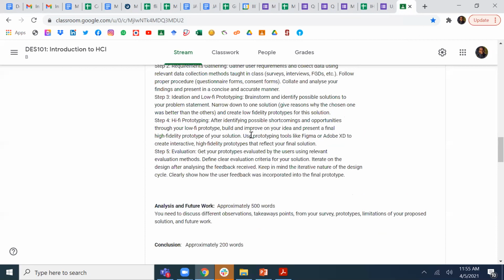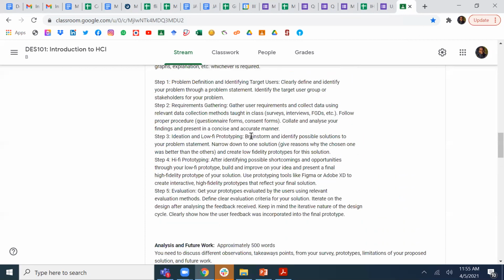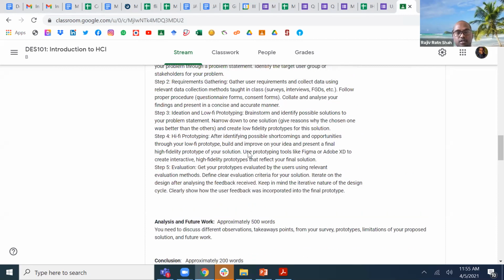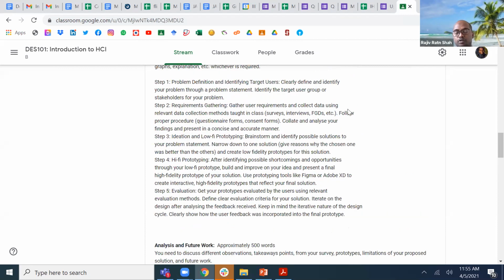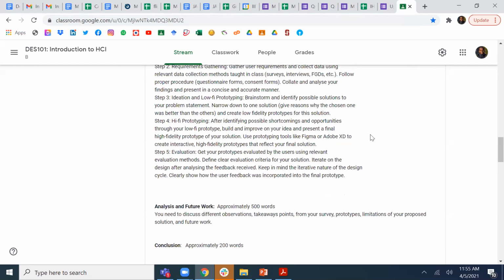I have a doubt. In what form do we have to submit the high fidelity prototype? Because we are making it in Figma, do we have to share the link of our workspace? As part of the project, you need to submit everything. This is just the report I'm talking about. Apart from the report, you also need to submit your high fidelity prototype, like the source code or link, and the video as well. In Figma we make frames, so do we submit a PDF of all those frames, or is the link enough? The PDF is fine in the report, but you can also create a video. Just add all those frames in the video in the sequence in which it is going to work.